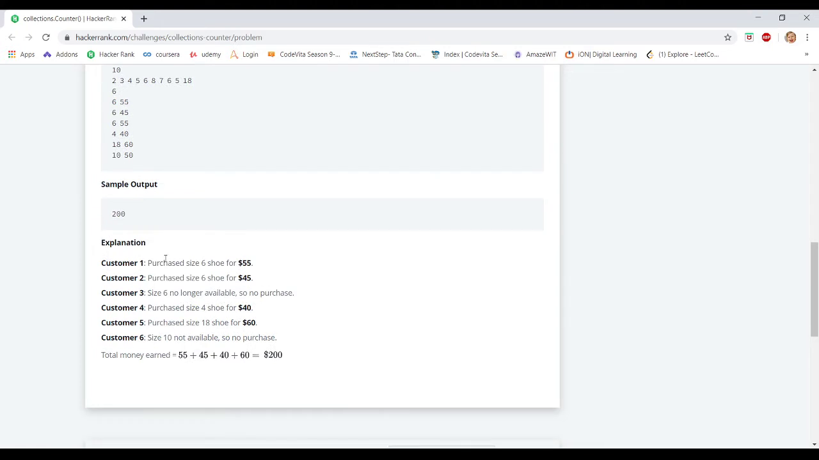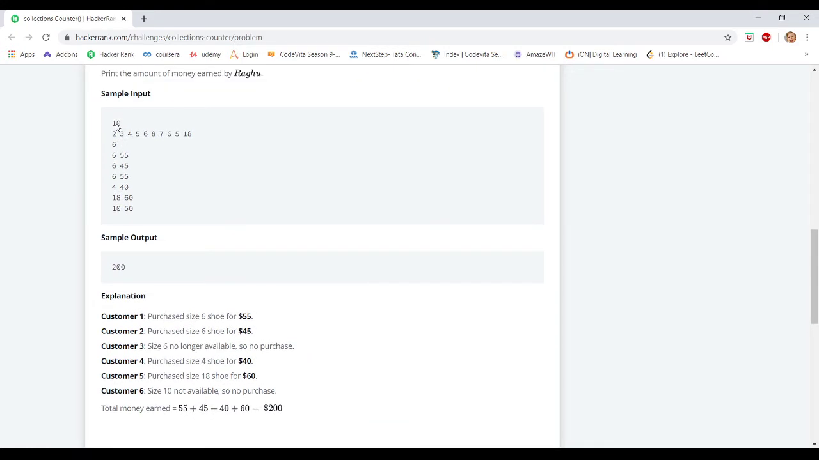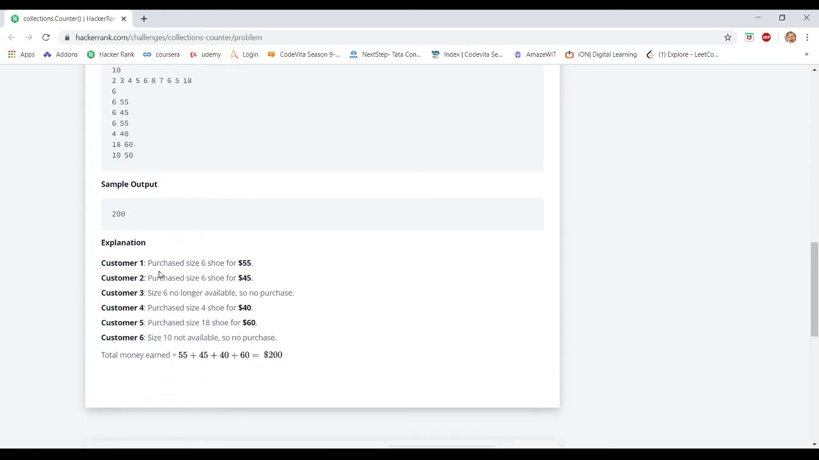Here the explanation is given. Here the first line consists of 10 elements in the list and the next line consists of 6 test cases. In each and every line the customer buys a shoe of size 6 and he paid the price of 55. In the same way all the inputs are given. The explanation says: purchased size 6 shoe for 55 rupees, purchased size 6 shoe for 45 rupees,